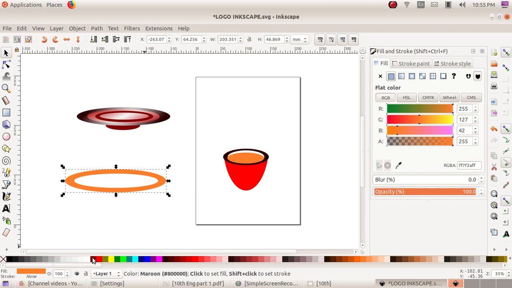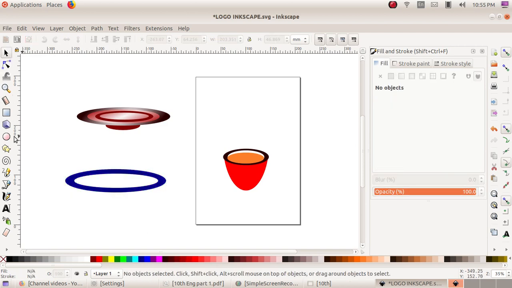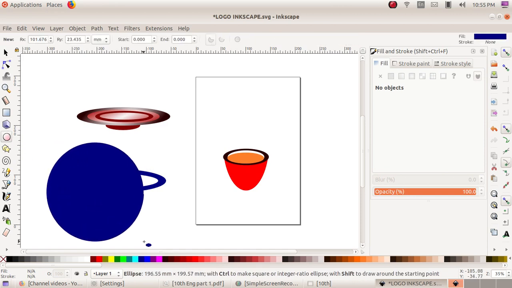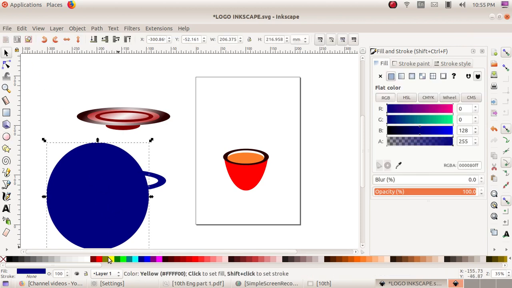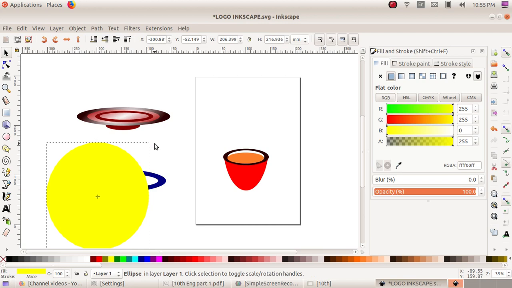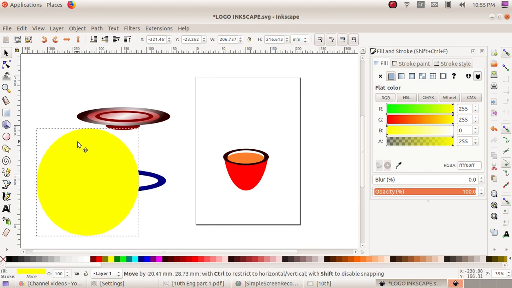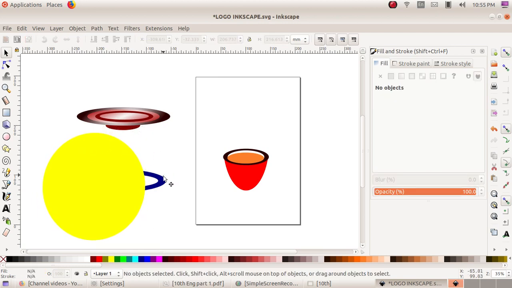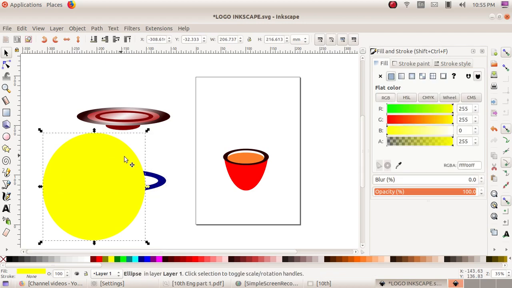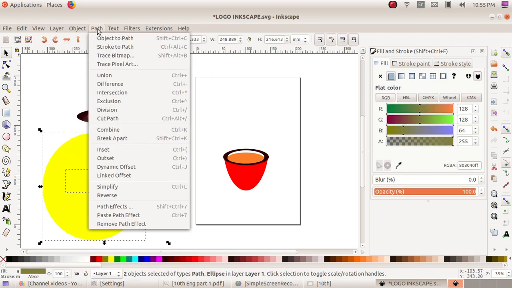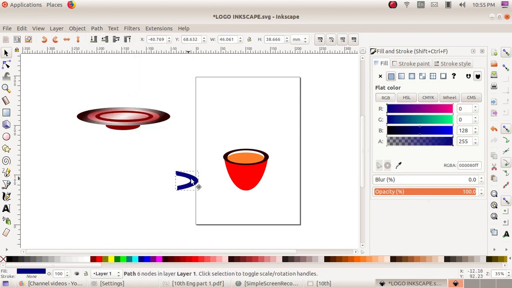You can change the color, then again go to the circle tool, and click both of those objects, path, difference. Okay, we get the handle.